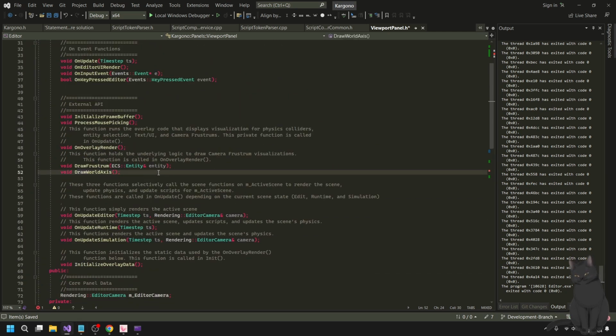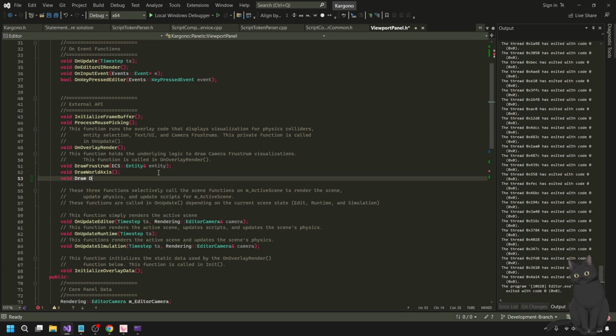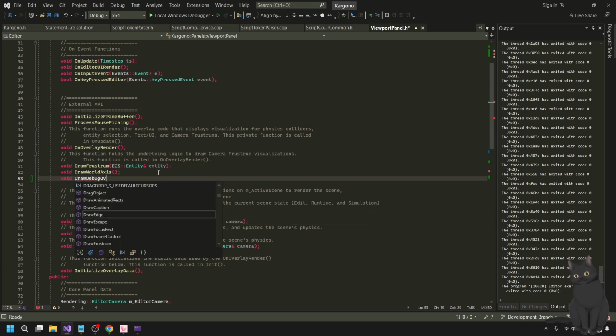Maybe I'll make a void draw debug lines. Debug overlay. Debug. I guess debug. What's a descriptive name?